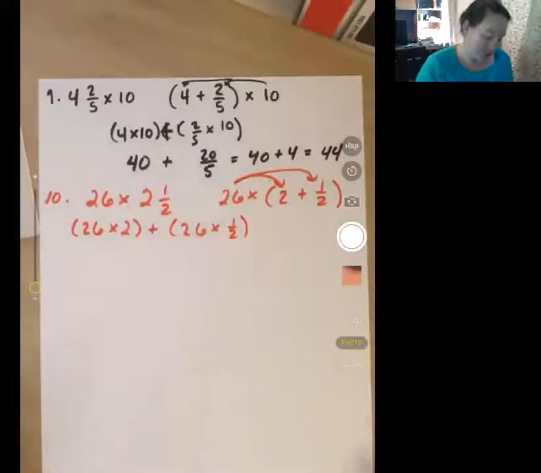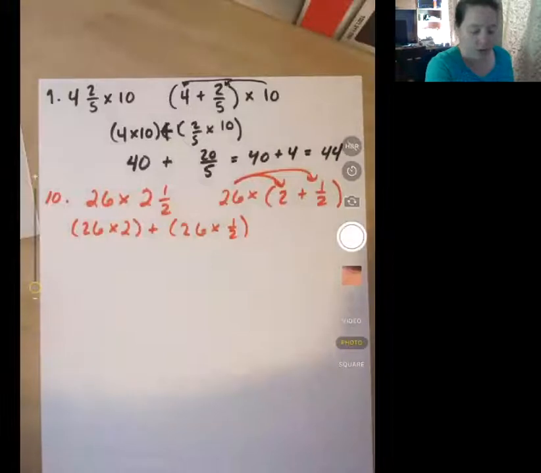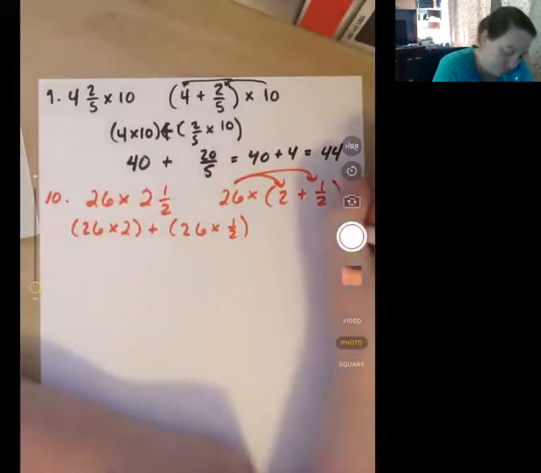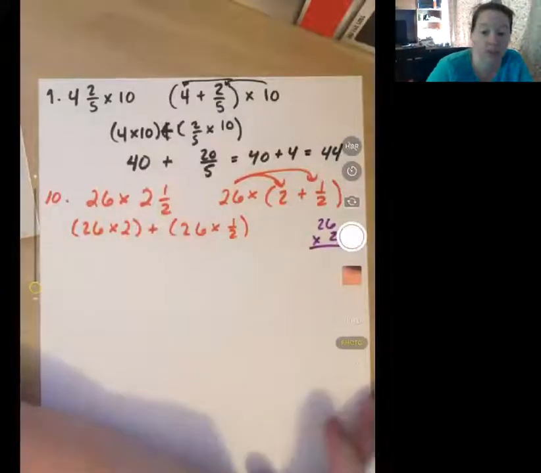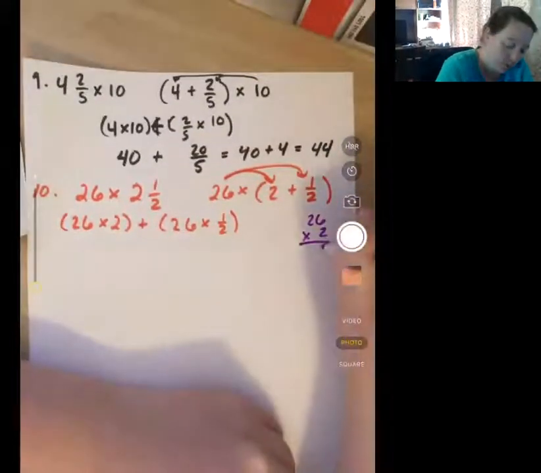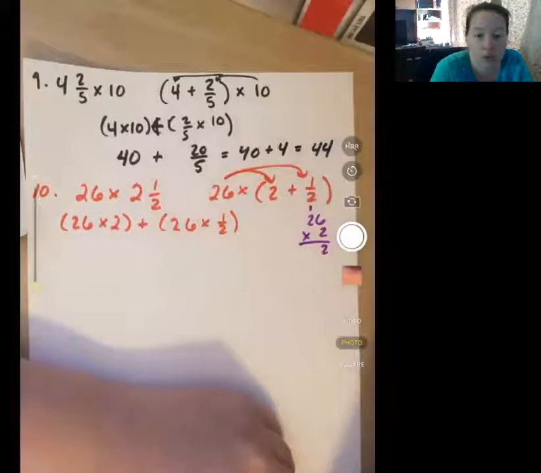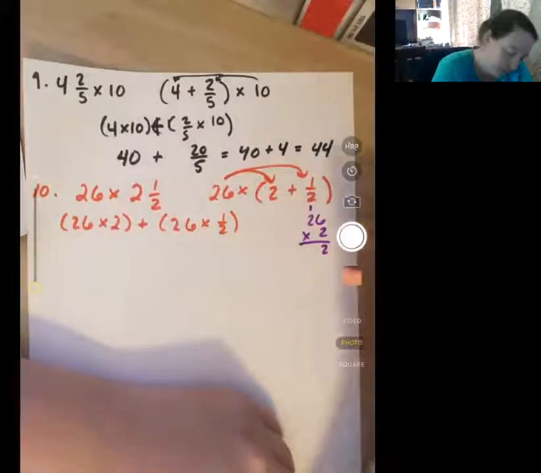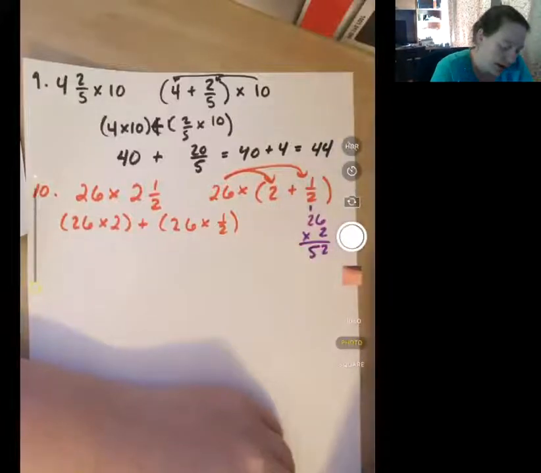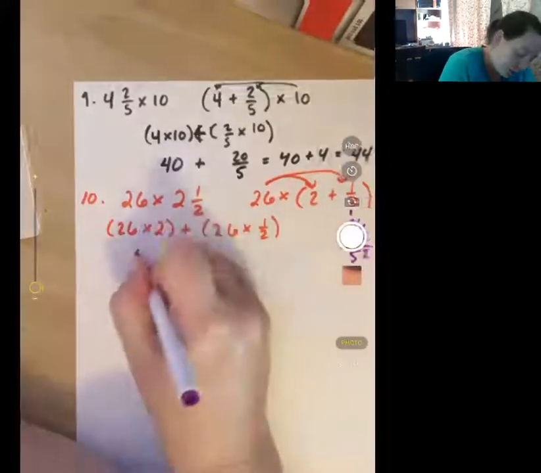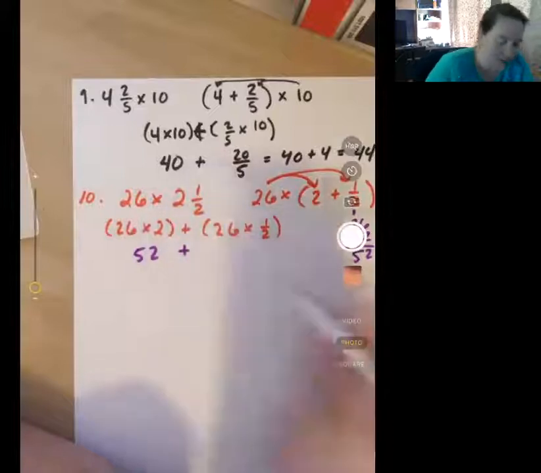So 26 times 2. Well, let me do that over here. 26 times 2. 6 times 2 is 12. 2 times 2 is 4 plus 1, 5. So I have 52 for that part, plus